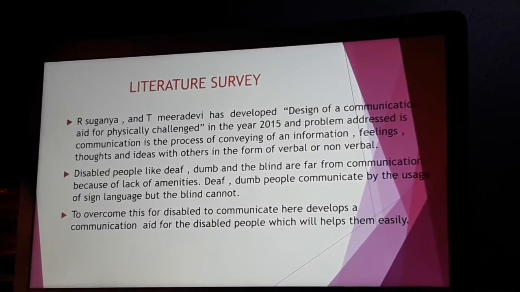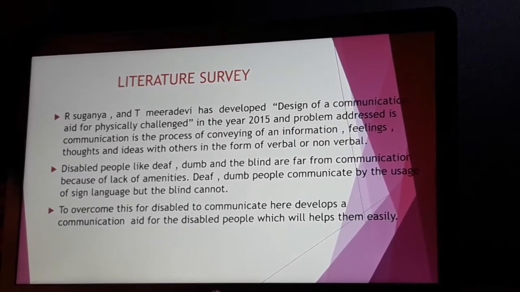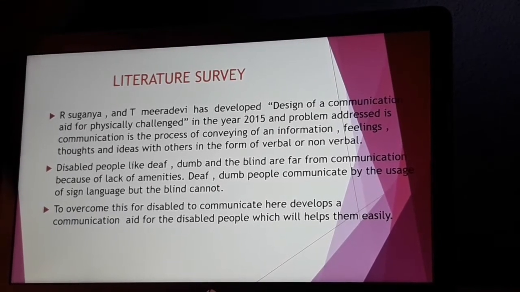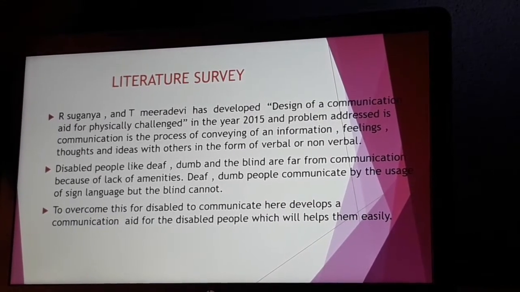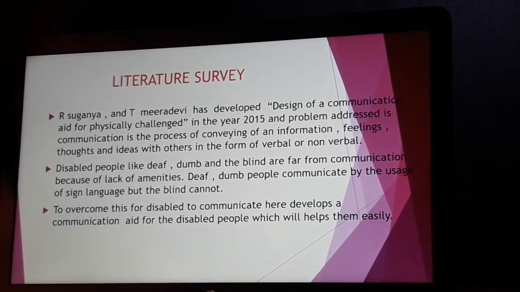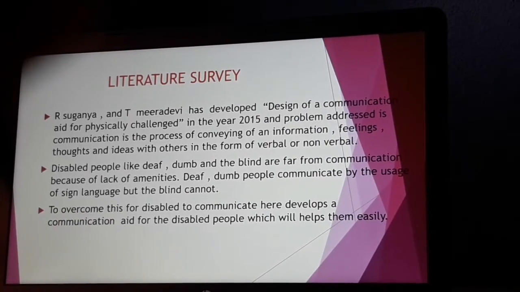Disabled people like deaf, dumb and blind are far from communication because of lack of amenities. Deaf and dumb people communicate by the usage of sign language but blind people cannot. So, to overcome this, they developed a communication aid for disabled people which helps them communicate easily.